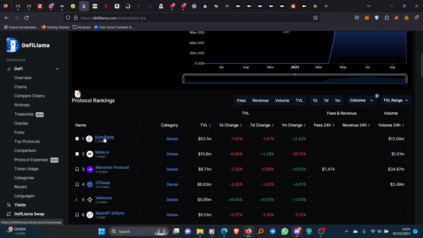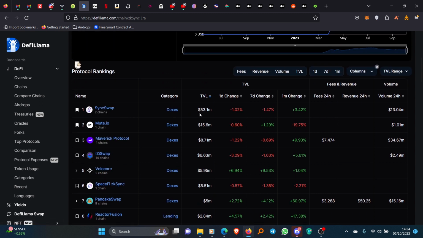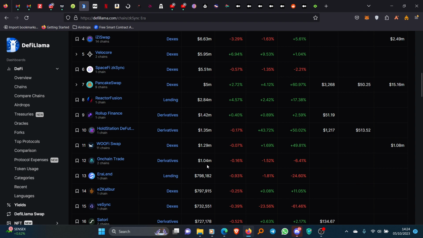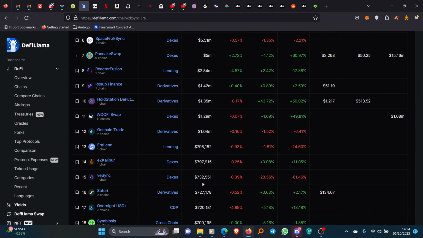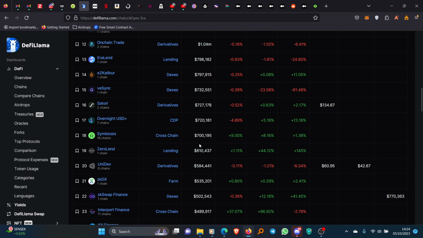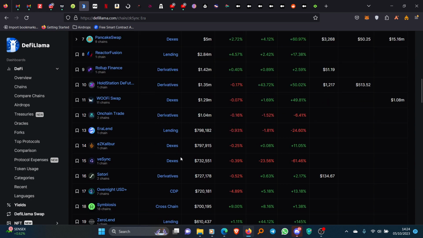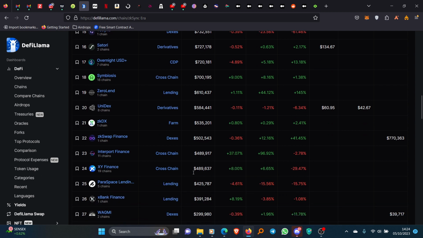Then see the top Dexes, SyncSwap, Mute. For any airdrop hunt, I just stay with the top 10, for example, because look at the total value locked, 53 million, 15 million, like that, until it gets to about 1 million or so. I can still play with most of these ones here, but just really small transactions like $5, $10, $15, like this, just to build